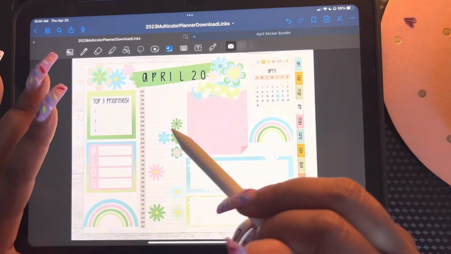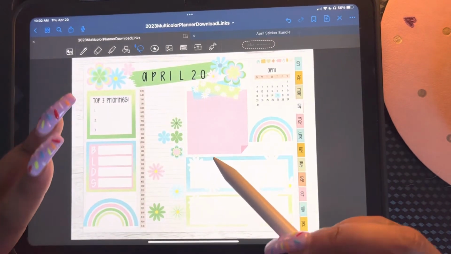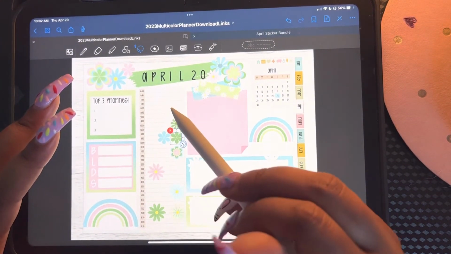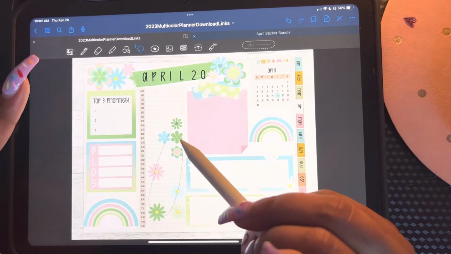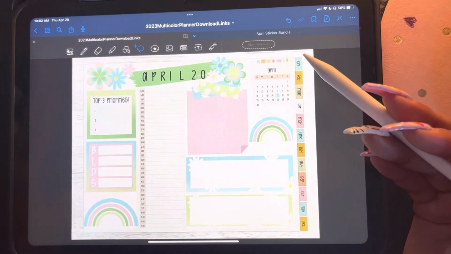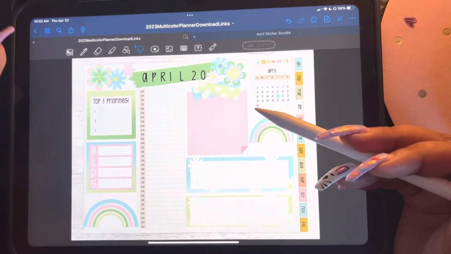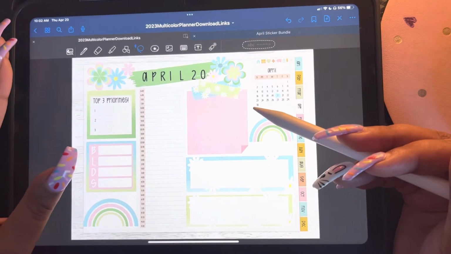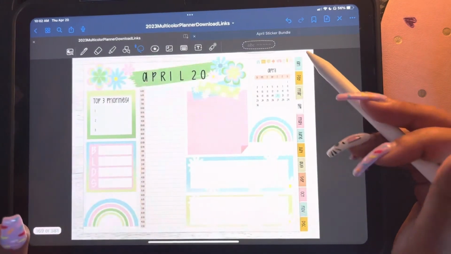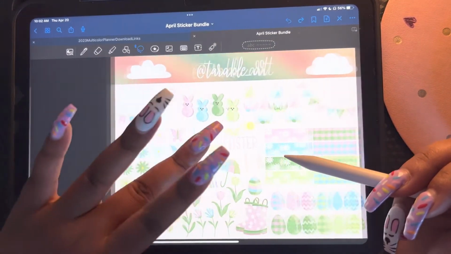Okay, so now I want to add something else up here, but I don't think I need any more flowers. So what I'm going to do is circle all these all together, and let's go ahead and delete. And then, let's see. I want to add some embellishments, kind of. Whoops. Let's do